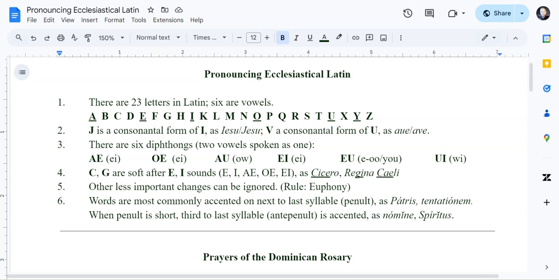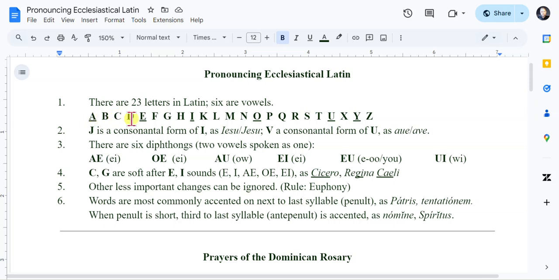So the first rule is simply a walk through the Latin alphabet. Rule number 1, we learned there are 23 letters in Latin, 6 are vowels. So it's very much like the English alphabet, just a couple differences worth paying attention to. We see the letters written out here, and just to hear their names in Latin, they'd be read as A,